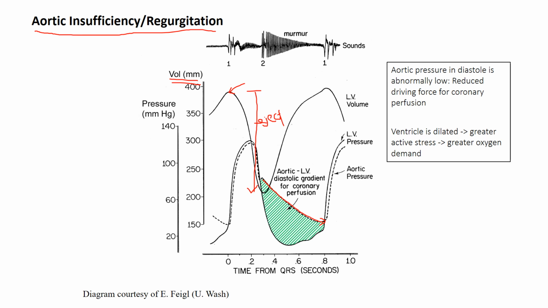So remember this equation? The R here is the radius of the chamber. So this big dilated ventricle has a big radius, bigger than normal, meaning that active tension development is increased compared to normal, requiring increased oxygen. So there's a double whammy here for coronary perfusion. There's a reduced driving force, right, because this diastolic pressure is going down so quickly, and there's also increased